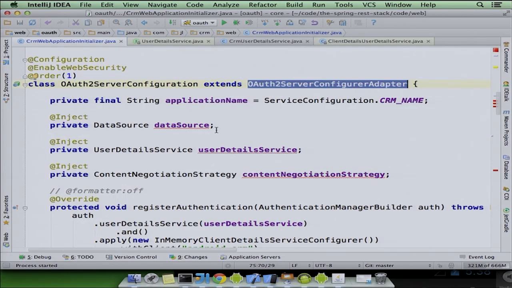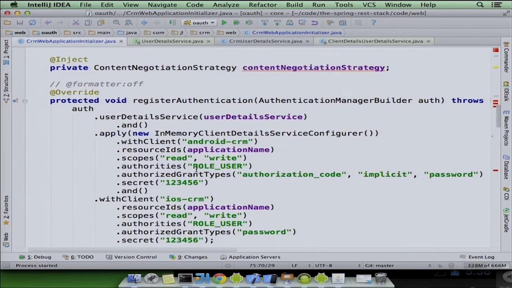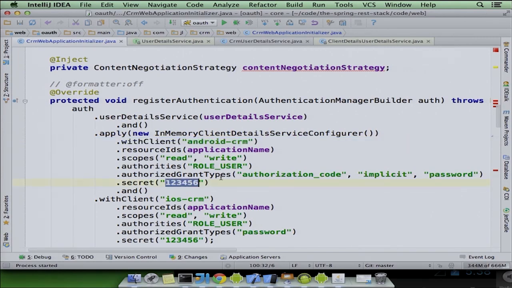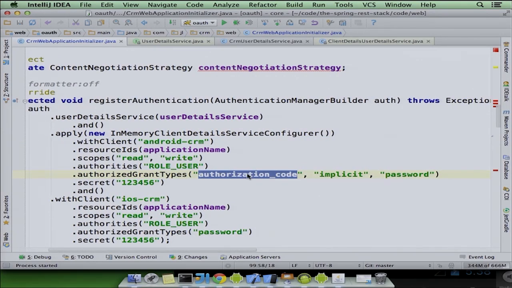I need requests made against the HTTP service for HTML pages to be responded to with a login challenge and an HTML page. And then I need OAuth requests to also do the right thing, right? So here I'm saying, if somebody makes a request identifying the client as the Android CRM client, then that client needs to send me a secret password, and I will support, as an OAuth service,